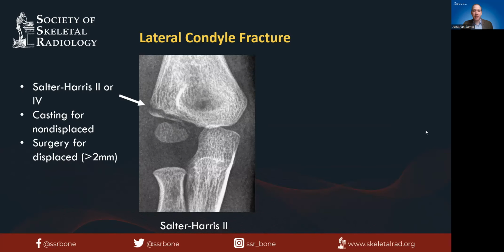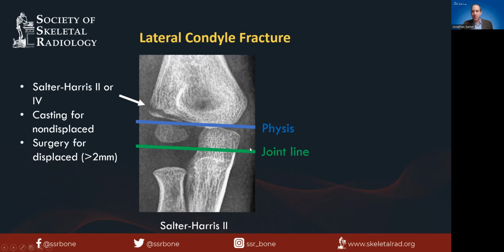Lateral condyle fractures can be a Salter-Harris 2 or a Salter-Harris 4. These are tricky fractures because the fracture can involve the metaphysis to the growth plate, but it may also extend into this invisible area of unossified epiphysis and into the joint, making it a Salter 4 in some cases. So we have to remember that there's the physis for the distal humerus, and then here is the joint line,